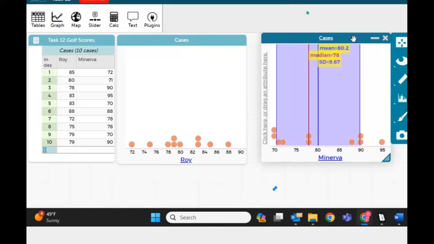The majority, 66.6% or 67%, is in the purple area. That's one standard deviation, so most of your data is going to be there. This is for Minerva. Over here for Roy,